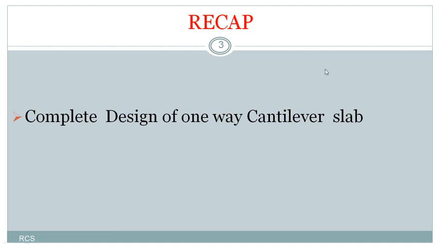The code has given some recommendations that the effective length of the slab can be taken as the unsupported length, or I can say the projected length from the support, or overhanging length from the support. And similarly, the effective depth can be calculated by using the ratio of span by 10 to span by 12. In between these two values, we can choose the effective depth of the slab. Right? And if you are designing a uniform depth cantilever beam, then that depth must be span by 10 to span by 12.